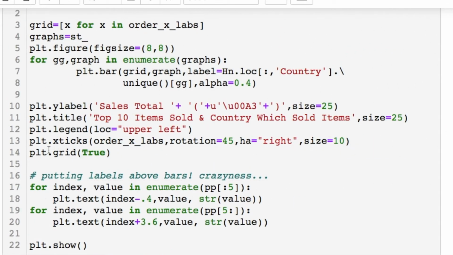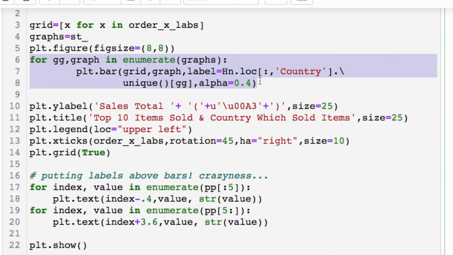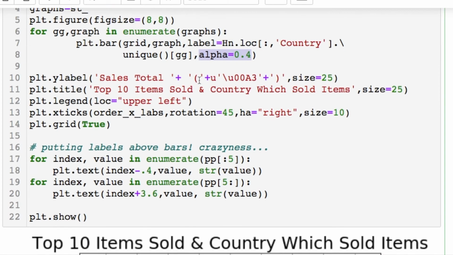When you do this plot, we're creating our X labels, taking our Y, which is our nested list of the sales data, creating here the plot size, iterating through this. Here's our X, here's our Y, and here's the labels that we're going to use with respect to the country names. And then you need to remember here our iterators so we can match our legend properly. And in this case, you do need an alpha value to make a somewhat translucent plot, and you're going to see why in a second.